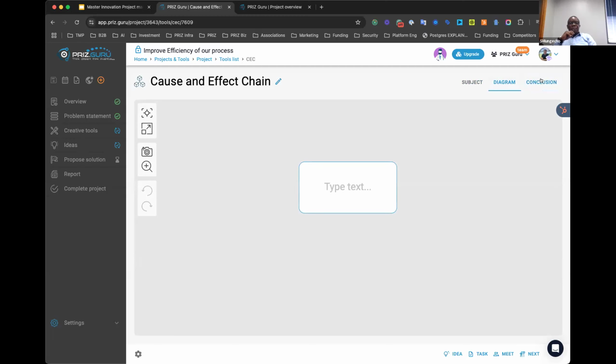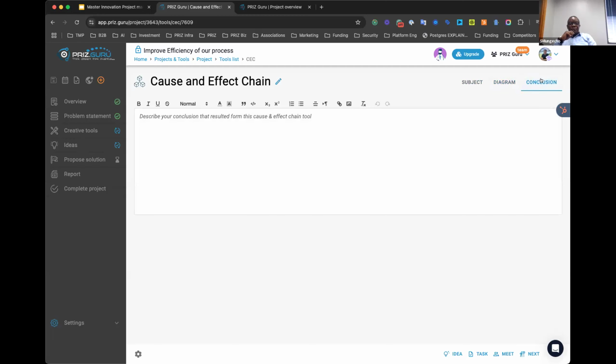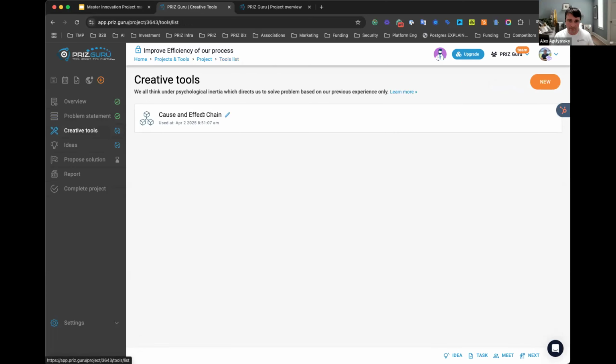Great, I understood that. Now it's my analysis itself, the diagramming, potentially with multiple people doing that. And then, great, we uncovered something new as part of that process. Here's the conclusion, right? So it's always that process. Creative thinking tools could be multiple. There's no limit of how many we use because we don't know how many we might need as part of any project.